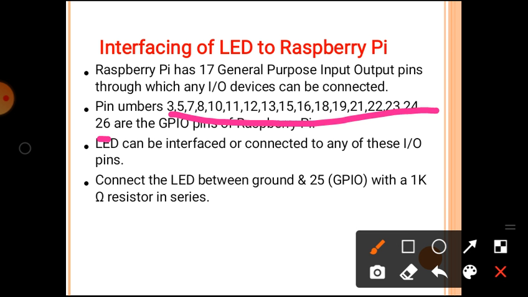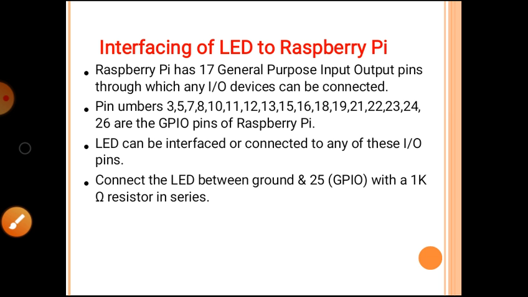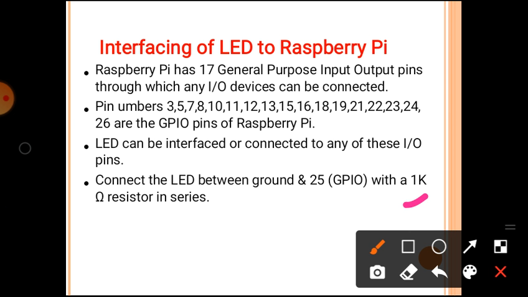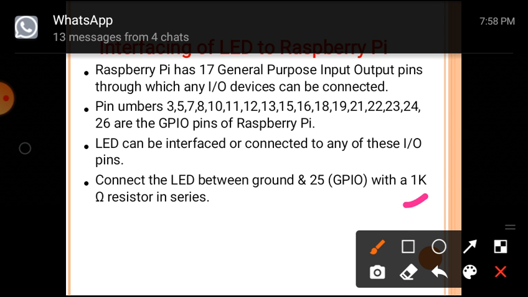Here we can connect our LED to interface with the Raspberry Pi board. Connect the LED between ground and the GPIO pin through the resistor which has a value of 1 kilo ohm.